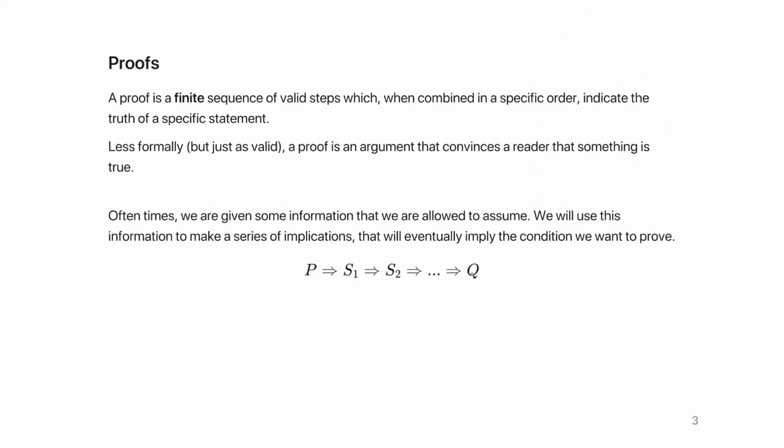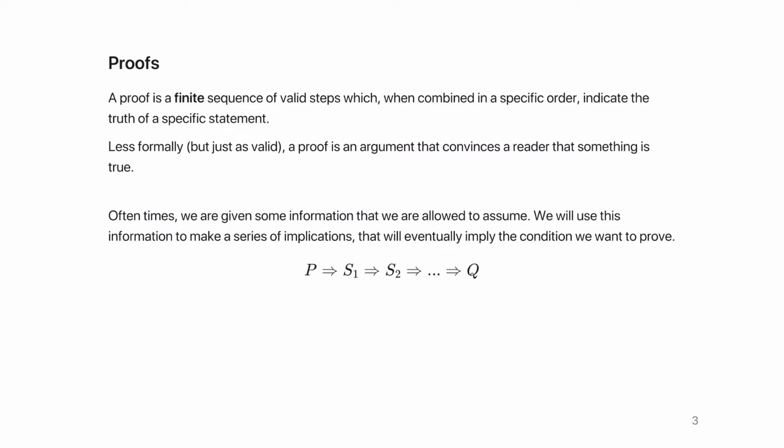Now let's actually start talking about what a proof is and look at some examples of formal proofs and different types of proofs. Okay? So, if we want to be formal, we can say a proof is a sequence of finite steps, which when we combine them in a specific order, tell us the truth of a specific statement. They tell us that some statement is true, right? But more colloquially speaking, a proof is an argument that convinces a reader or someone else that a statement is